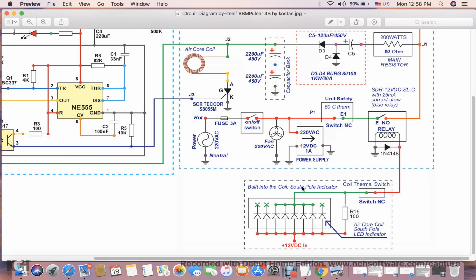This is a built-in south pole indicator in the coil. This is a 7 segment or 8 segment, I believe it's 0.75 inch or 0.8 inch, red LED indicator. That's what they call them. You will have like 12 or so legs on it, and you will need to use just the ones to make the letter S. Basically, it's a number 5. They're very similar, letter S and number 5. So you will activate first, second, third, and you'll skip a couple, and you'll activate just the ones to make a letter S. And you will put a 100 ohm current limiting resistor across it